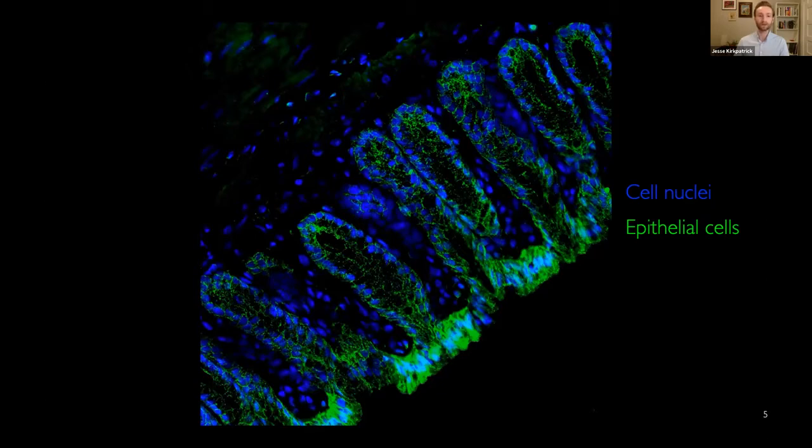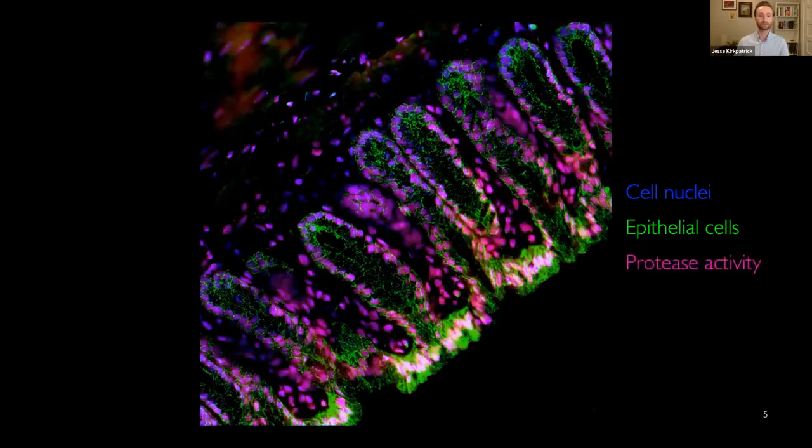So when we applied our protease activity nanosensors to this colon slice, we expected to see the green cells light up because these are the cells that come into contact with those gut bacteria. And this is exactly what we saw. As you can see here, the magenta signal corresponding to protease activity is illuminating the green epithelial cells. These findings were extremely exciting because they proved to us that our protease nanosensors can be used to visualize protease activity in a tissue, and suggested to us that we could maybe apply the very same approach to many different diseases,